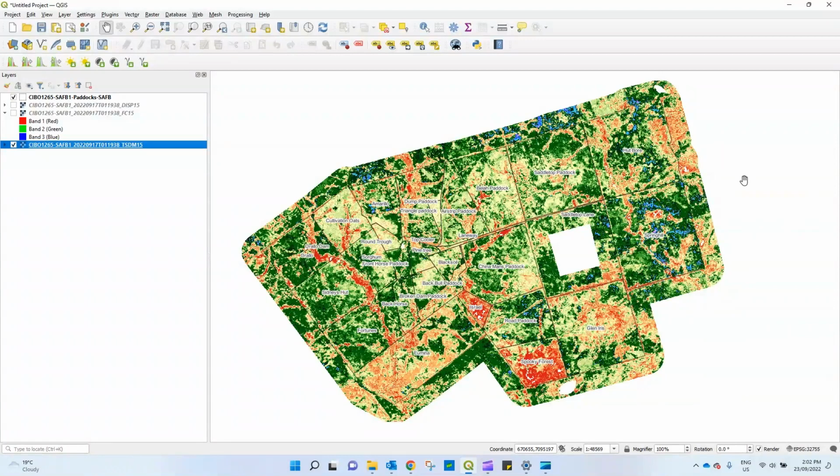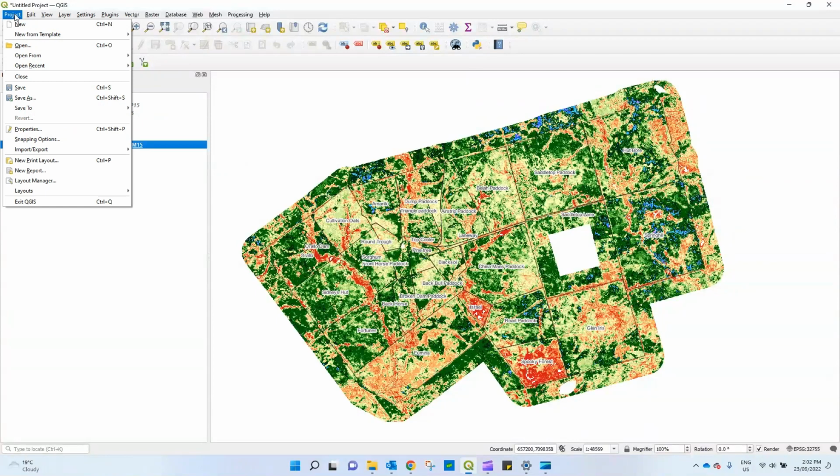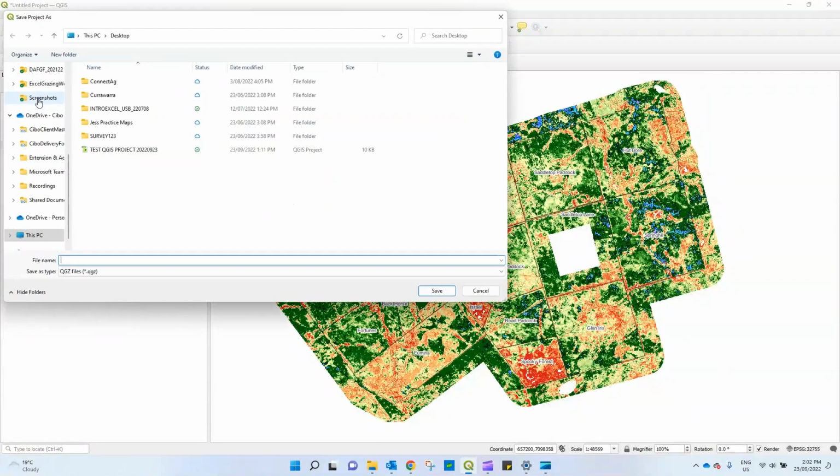So all 4 layers are looking good, however the job is not quite done yet. We actually need to create these maps as GeoPDFs, and to do that we need to create a special layout. So what we're going to do first of all is we need to save this as a project. So we're going to go up to the top left hand menu here, click on project, I'm going to save